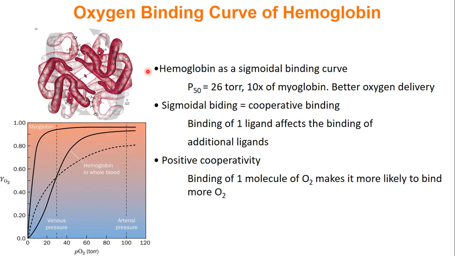Now, if we look at the binding curve for hemoglobin, first let's look at myoglobin. It looked like this, a hyperbola. We can calculate what the binding curve for hemoglobin should look like, and it's this dotted line. We do that by using our dissociation constant like we did in the previous video. But what is interesting is that when you do measurements of binding experimentally, you have this sigmoidal curve. This sigmoidal curve is saying that